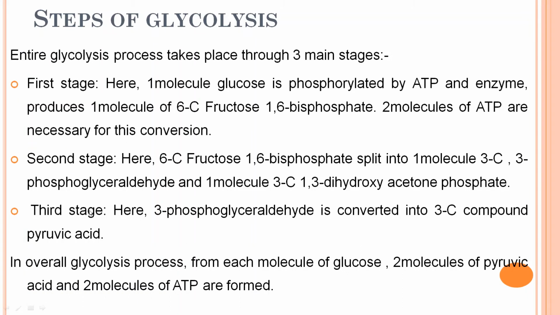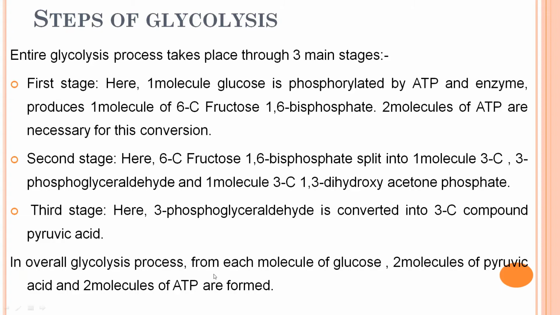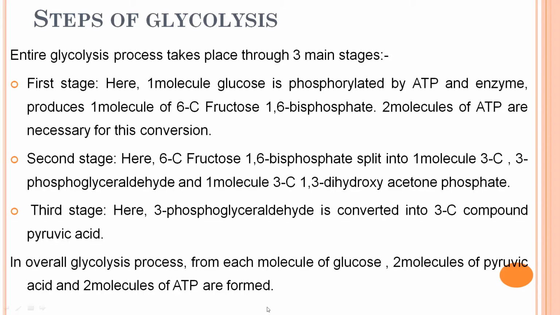In the third stage, what happened? This 3-phosphoglyceraldehyde is converted into the 3-carbon compound pyruvic acid. Then the remaining process is being converted and ultimately what happened? Pyruvic acid is formed. So in the overall glycolysis process, from each molecule of glucose, 2 molecules of pyruvic acid